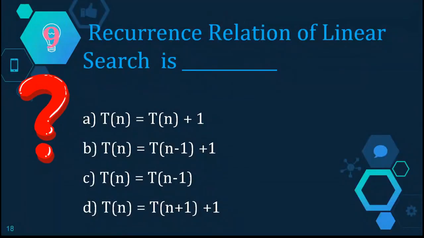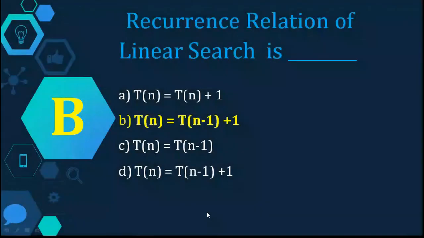So the ninth question is recurrence relation of linear search is option A, T of n is equal to T of n plus 1. Option B, T of n is equal to T of n minus 1 plus 1. Option C, T of n is equal to T of n minus 1. And option D, T of n is equal to T of n plus 1 plus 1. So the right answer is option B, that is T of n is equal to T of n minus 1